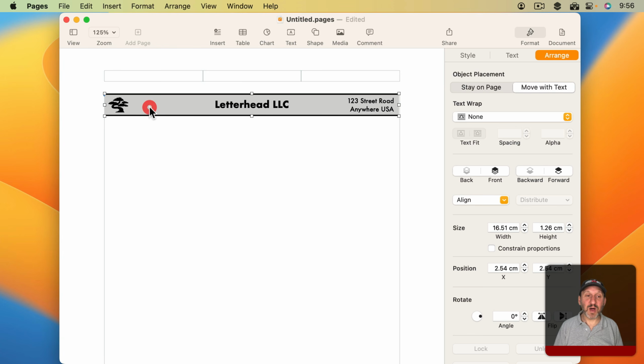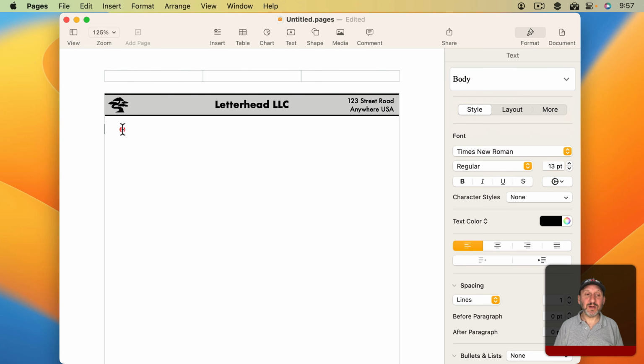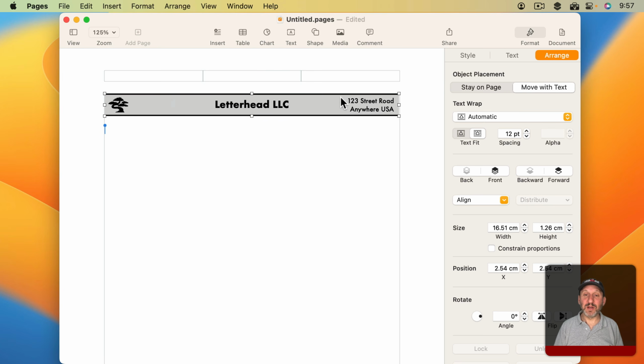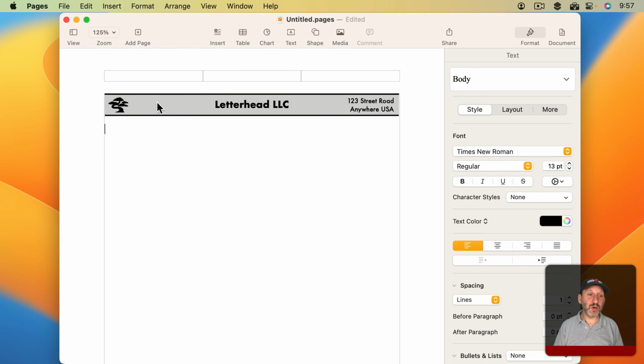But since I have this box here that kind of is the background for the whole thing, I'm going to set the text wrap of that to automatic. So that means that the text of the body here will actually get pushed down by the background here, but not by any of these other elements. And if you don't have a background, you can always just create one that's just pure white or has no color at all. Just something there to create the space that will then push down any text so it starts